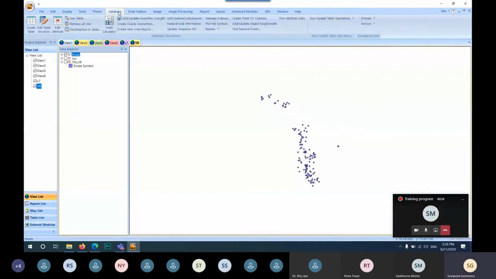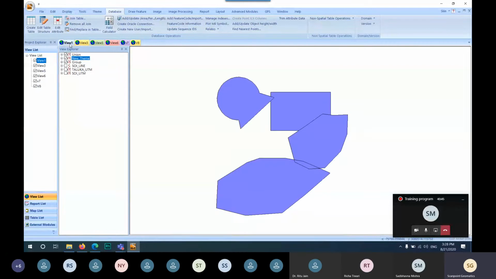Some other operations are in the database. We have already discussed the edit table structure, field calculator, area and perimeter updation. Some few are the join table operation. So now we discuss the join table tool. For this,